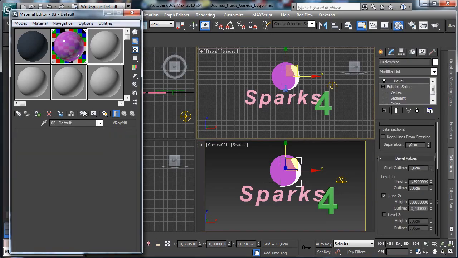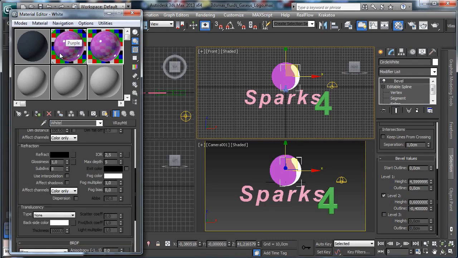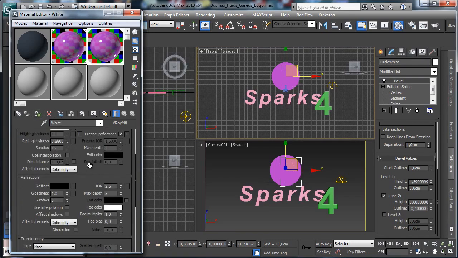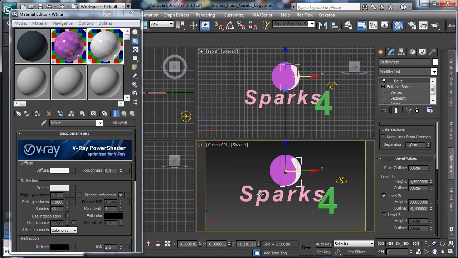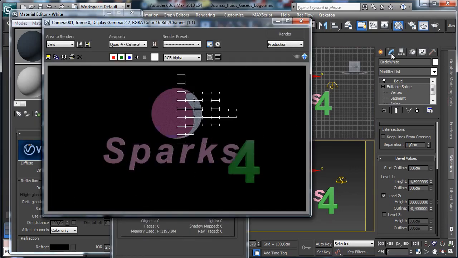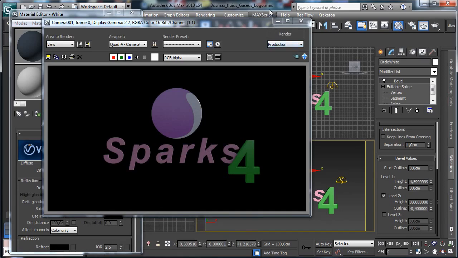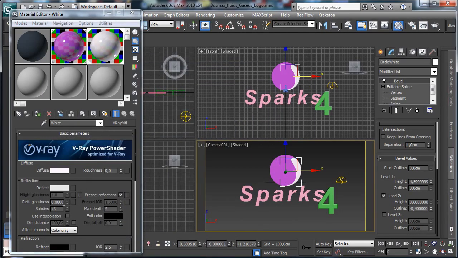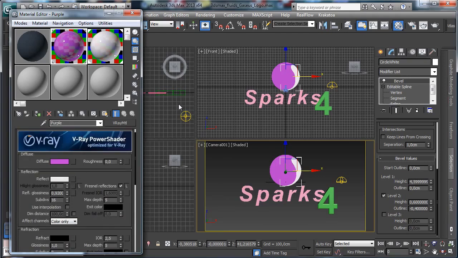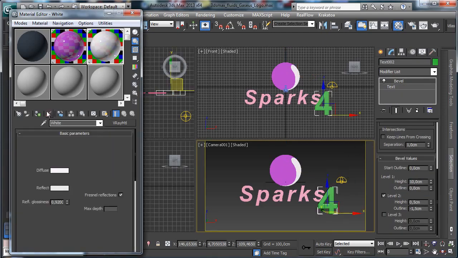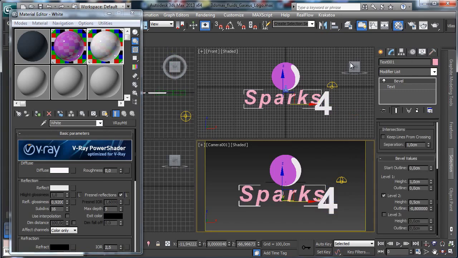Then let's do the white. We use a similar color, but we'll call it a similar material, I mean, and this one will be completely white. Let's see. Okay, that's how it looks. And maybe we can go a little bit higher with the glossiness just to have more precise reflection. So then let's use the same white for the 4, and for the sparks for the moment let's see to use